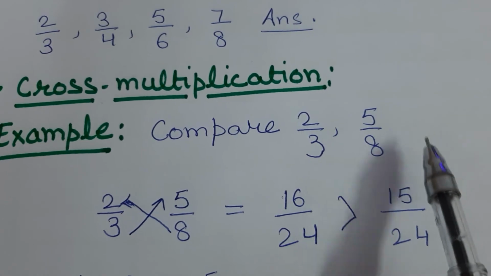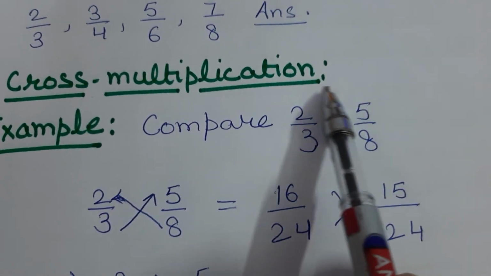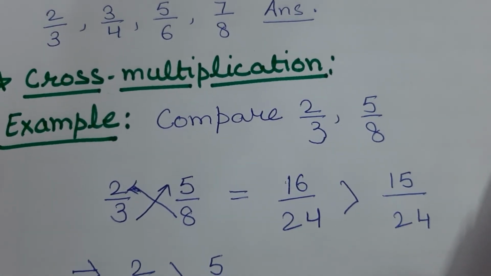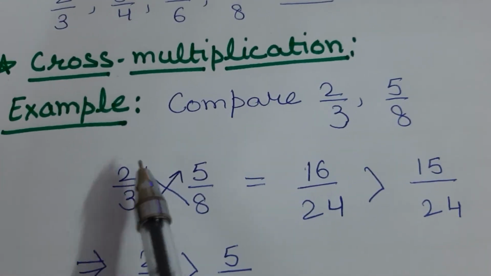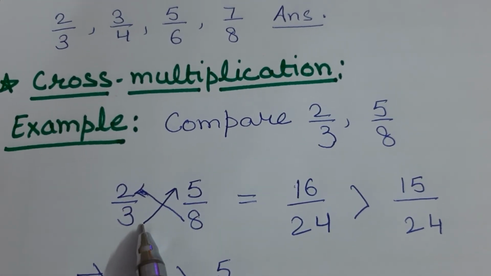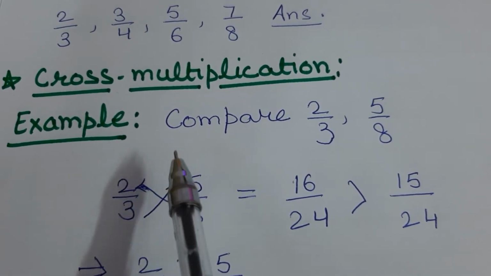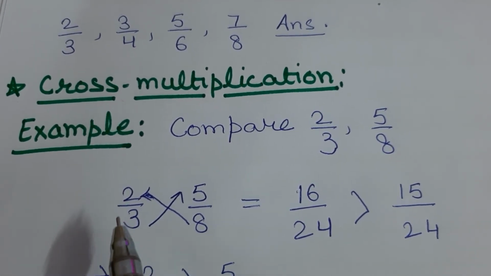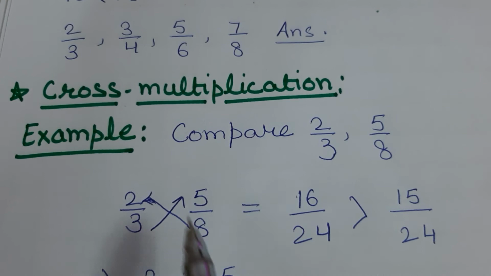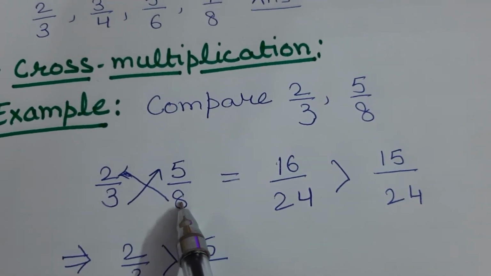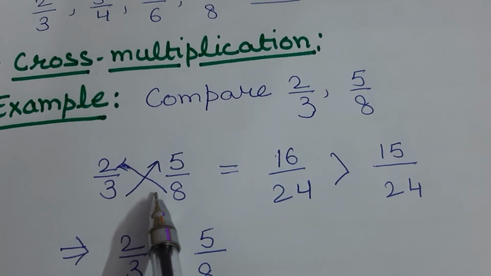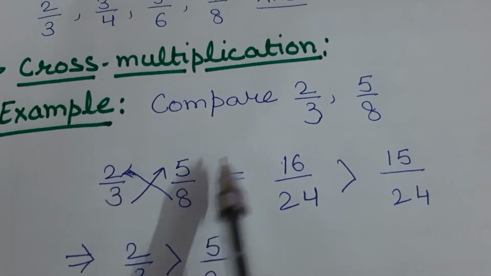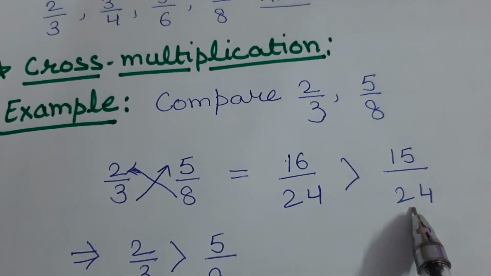This is the important point, that this cross multiplication is possible only between two fractions, not more than two. So let's do this. So 2 by 3, 5 by 8, we will put here cross multiplication sign. Cross means this 8 will be multiplied with both these, and this 3 will be multiplied with both these. So let's see what we are getting. First 8 is multiplied with 2 and 3. So 8 2s are 16, 8 3s are 24. Similarly on this side, 3 5s are 15, 3 8s are 24.